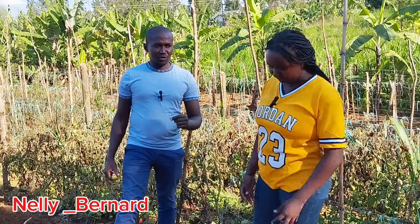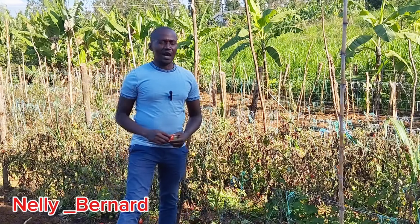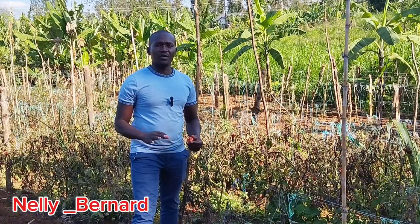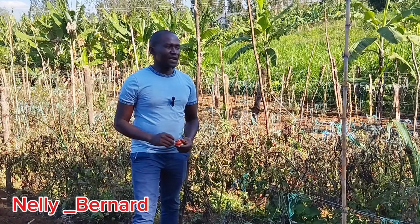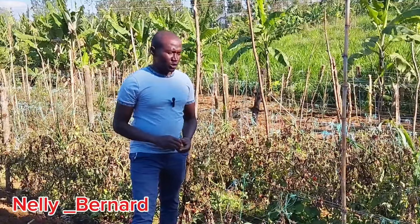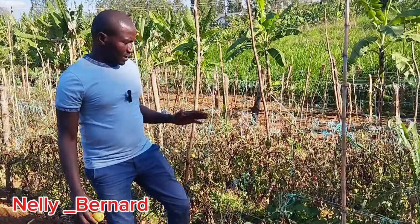May I first give a description of what that tuta is? Tuta is one of the most rampant pests that affect tomatoes, both when they are young, at the vegetative stage, and also on maturity. And Tuta-absoluta is that pest that, if not well taken care of, can make a farmer go home with zero coin from the farm. So today, our viewers, kindly begin to observe and also get a clue of what we are going to do here. As you can see this farm,